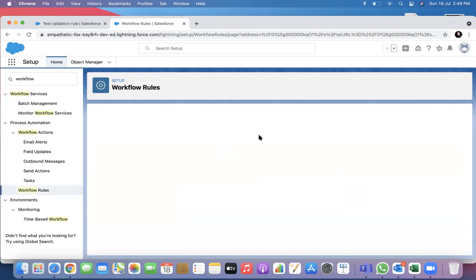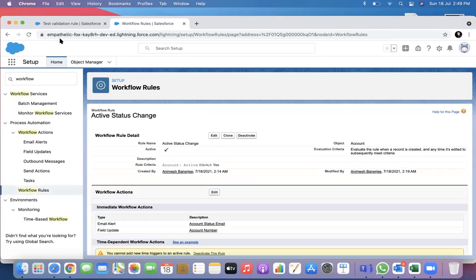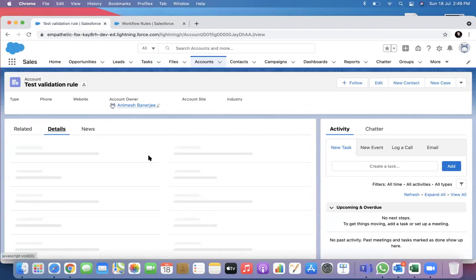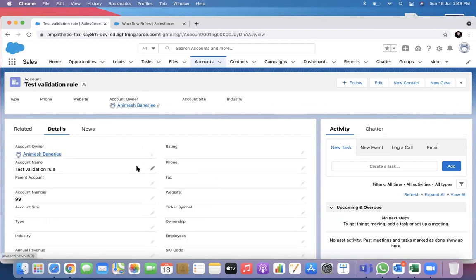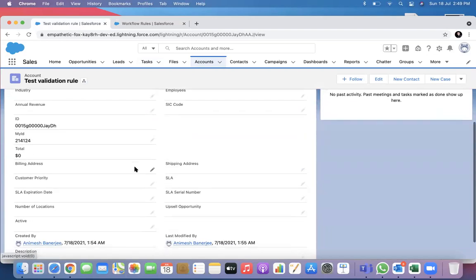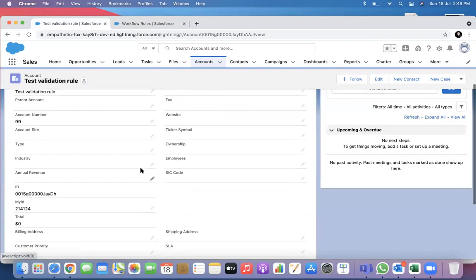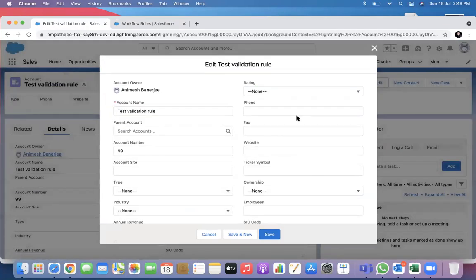I have to go and activate this workflow. First, I have to check if I have the active field here on the UI or not. Yes, it is there. Good. So let us now check this. Go and edit it.